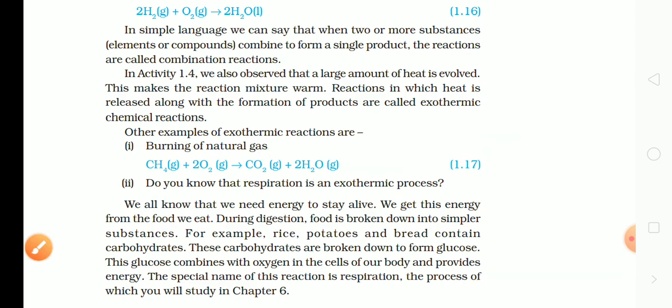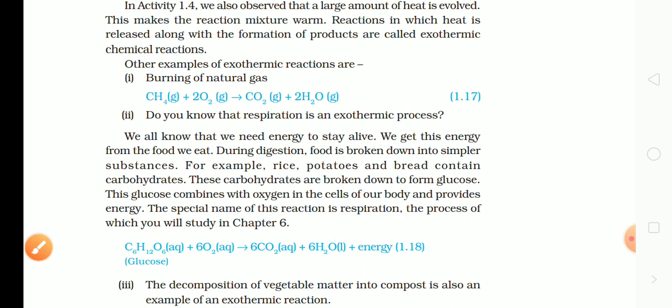And one more thing is there, the digestion. During the process of digestion, what is happening? You will study about the process of digestion in Life Processes, in the first chapter of biology, same year, same textbook. So what is happening? Majority of the carbohydrates are finally getting converted to glucose. And when this glucose